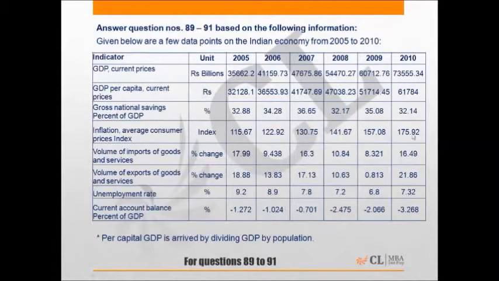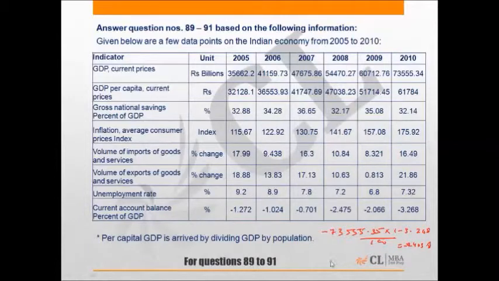So first of all, we have got to calculate current account balance in 2010, which is minus 3.268% of GDP. So current account balance in 2010 will be GDP, which is 73,555.34 billion into minus 3.268 upon 100. It comes out to be minus 24,003.8,